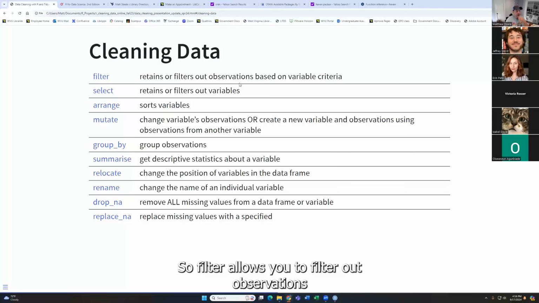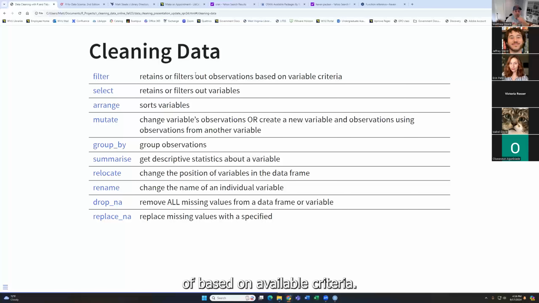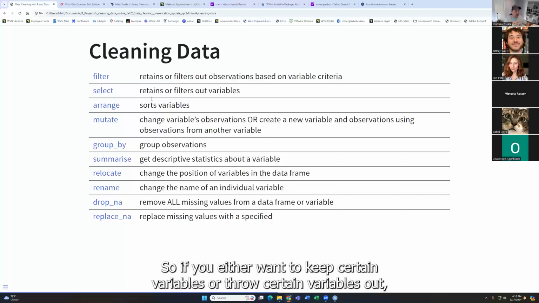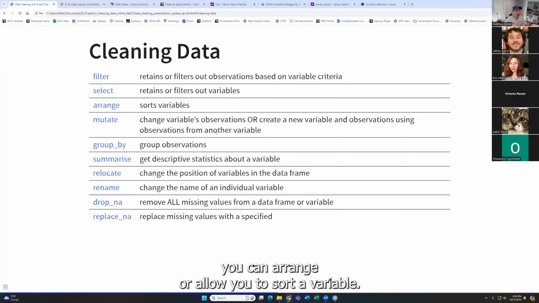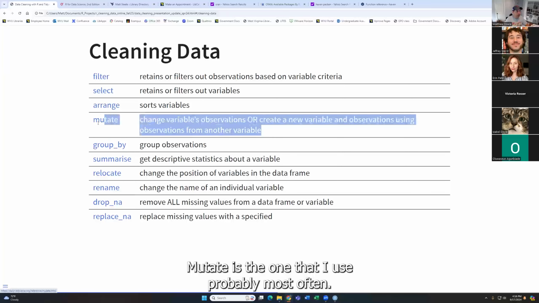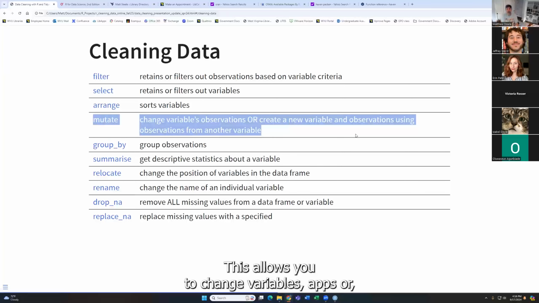So filter allows you to filter out observations based on available criteria. Select allows you to retain or filter out variables within your data set. So if you want to keep certain variables or throw certain variables out, you can. Arrange will allow you to sort a variable. Mutate is a big one. Mutate is the one that I use probably most often. This allows you to change variables